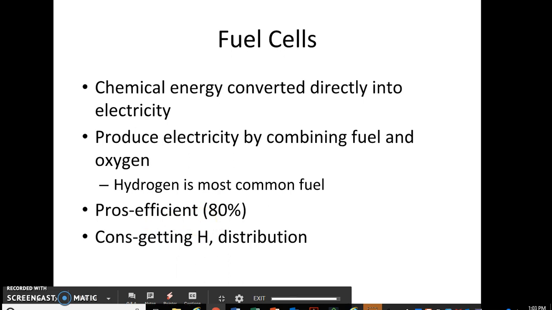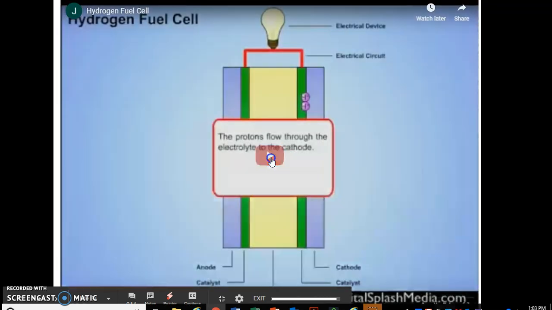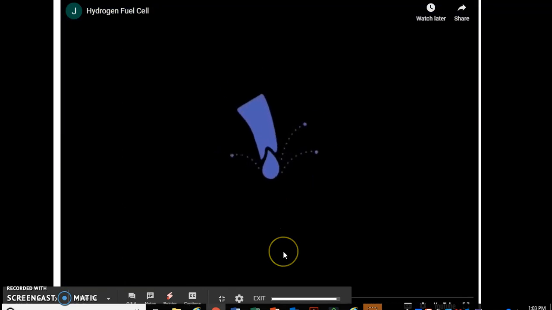but it's not very powerful. Another issue is getting that hydrogen. We just don't have hydrogen fuel stations. So the distribution and getting that hydrogen is a problem. And for the actual getting of hydrogen, you might have to supply some electricity to be able to split that hydrogen from the oxygen. So actually getting the hydrogen and then finding fueling stations for it, this is a problem. But what we're mostly looking at fuel cells for are cars. And then how a fuel cell pretty much works is